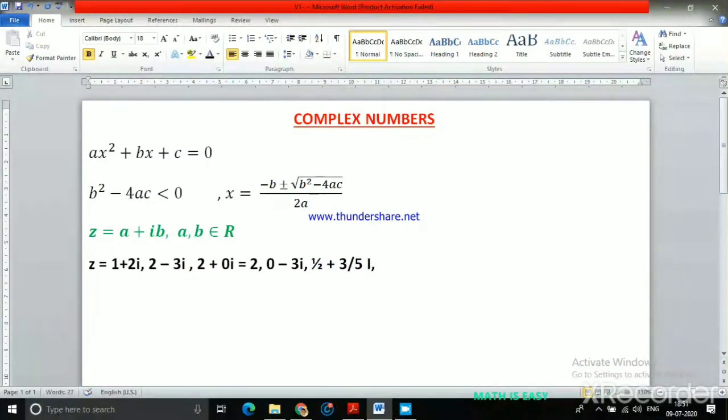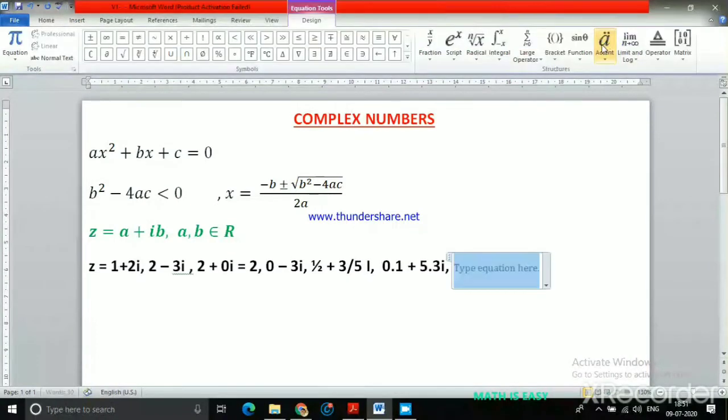Somebody can write it as 0.1 plus 5.3i. These are also complex numbers. Okay. So, one most important thing, it can happen this way also, like